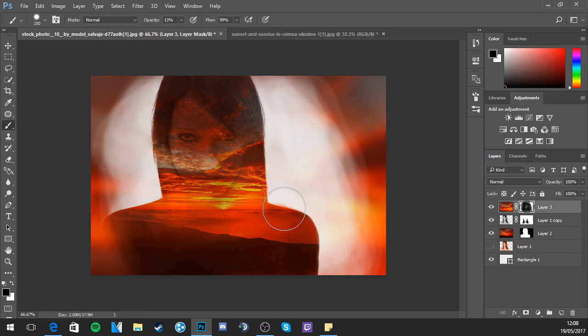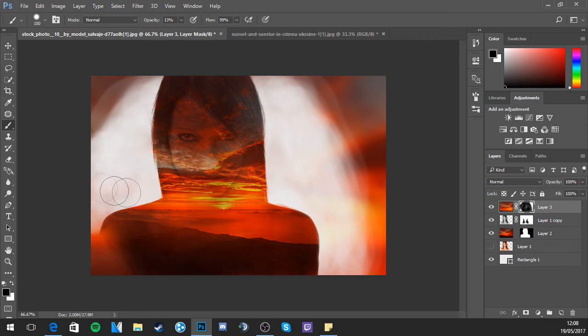Got a bit on her shoulder there. Can't get rid of that, must be from a different layer. Her shoulder's kind of tucked behind there. I like that it's kind of smoky. I'm happy with that. Actually, I'm not happy with this bit. I'm going to curve this off. There we go.